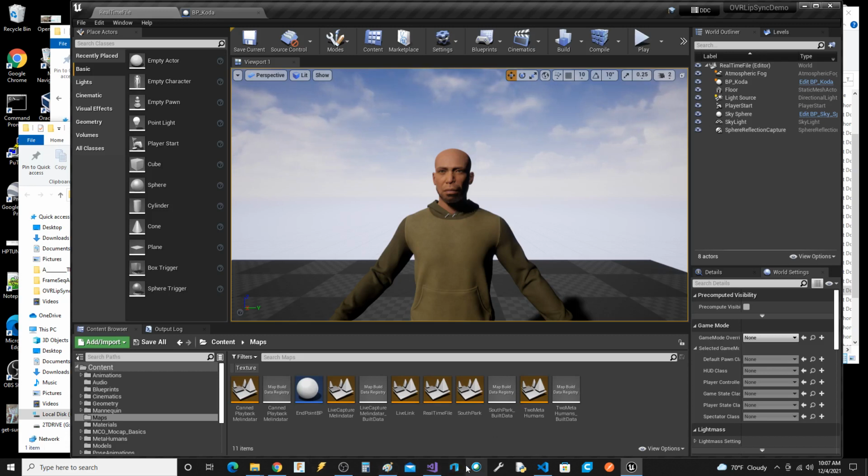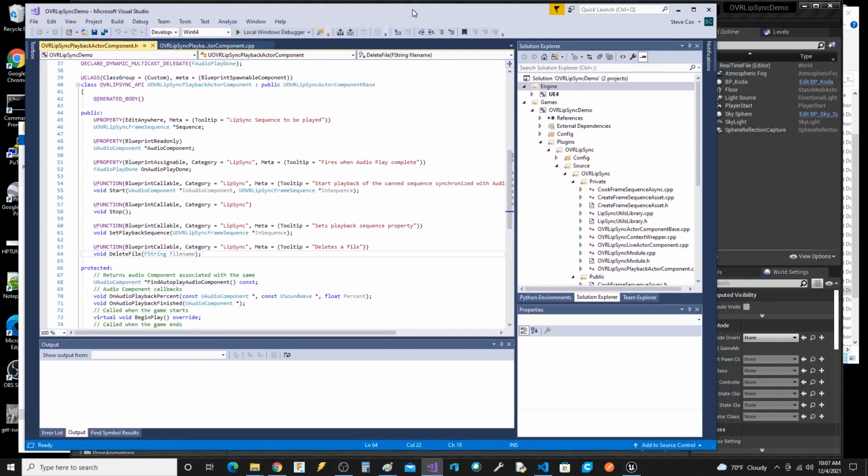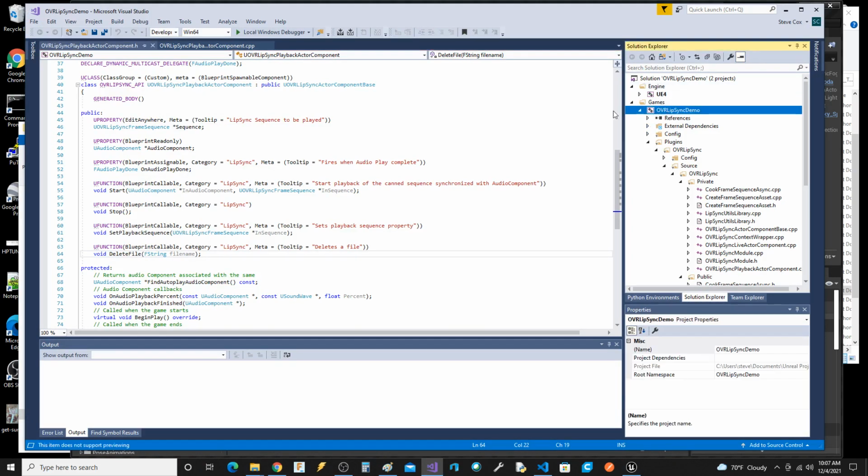So let's go into the C++, and when you get the plugin, this is what you get. Obviously, if you can't compile plugins and you don't have Visual Studio 2017 or whatever it takes to build plugins, you're going to be dead in the water.